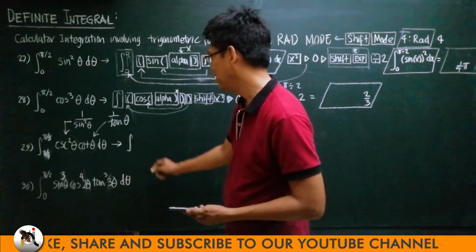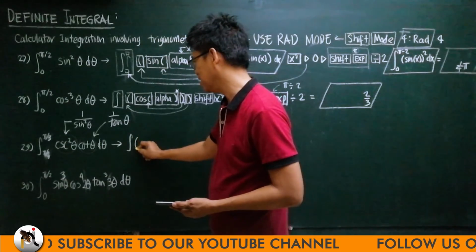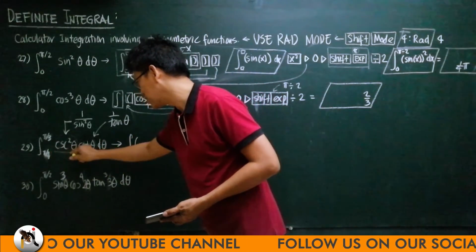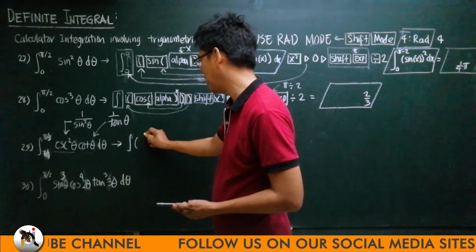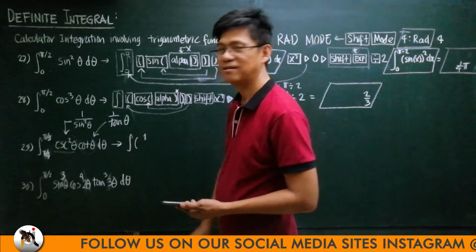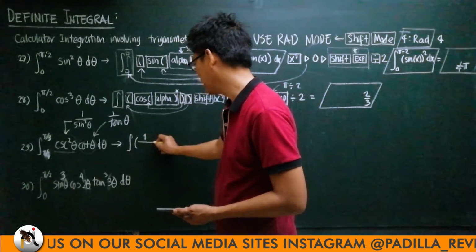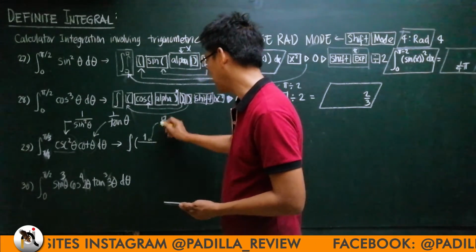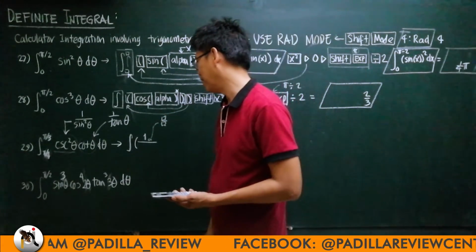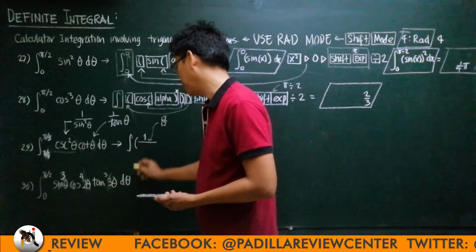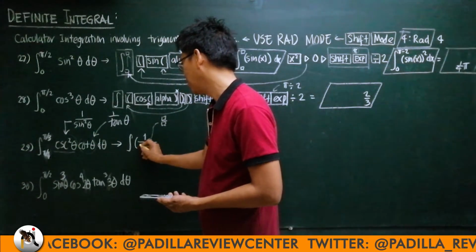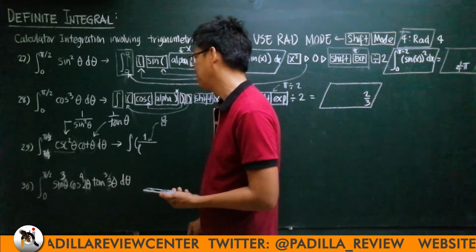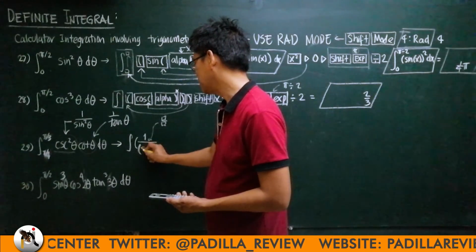Integral key, open parenthesis for the cosecant squared. So that is 1 over, this will be entered as fraction. Okay, so over sine squared, so that would be open parenthesis, then sine